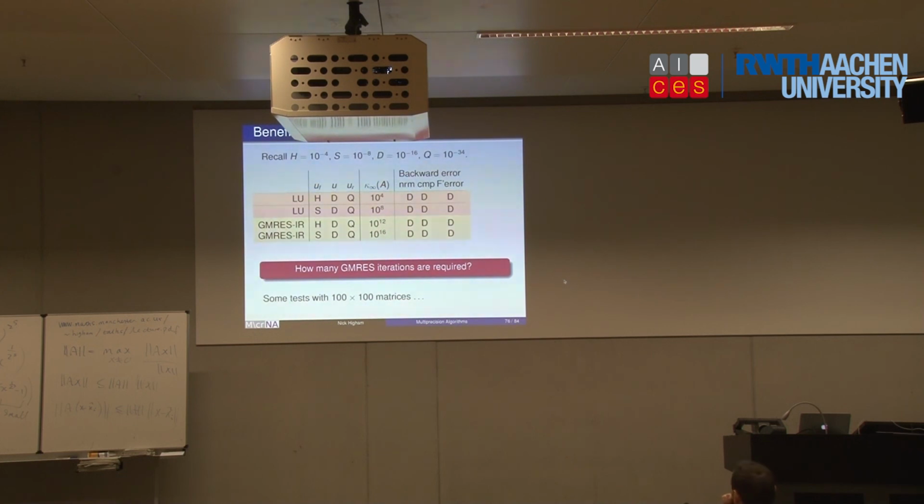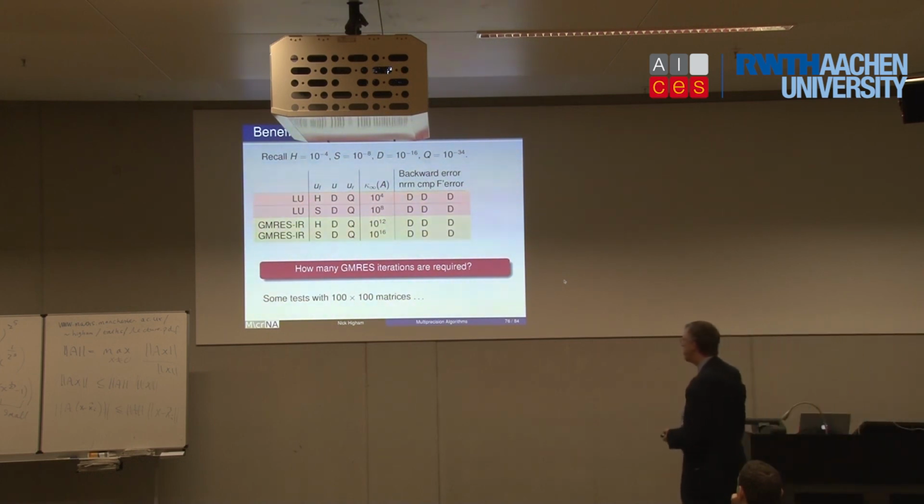Now the convergence theory I've shown you that says when refinement converges is very reliable in terms of predicting what happens. The only uncertainty in everything is how many iterations GMRES will take. So at each outer iteration I have to solve this preconditioned update equation. How many GMRES iterations are required for that? That's the question. If it requires a lot of GMRES iterations, the whole thing will be too expensive.